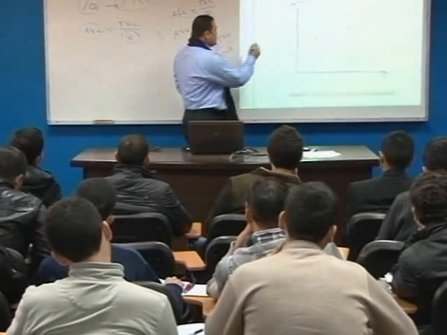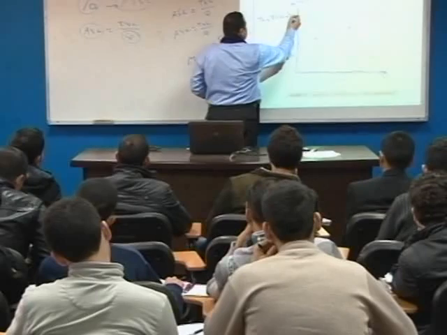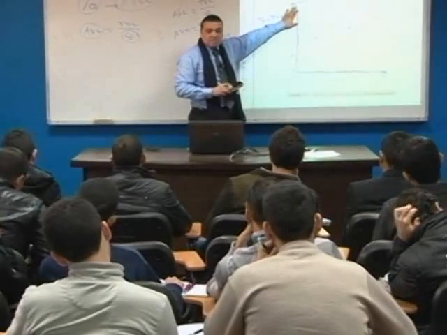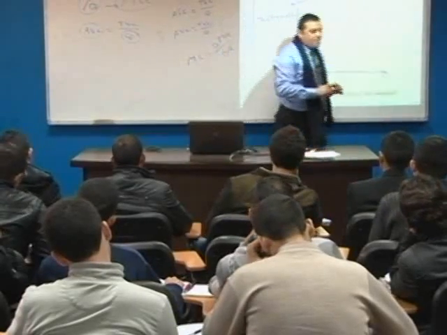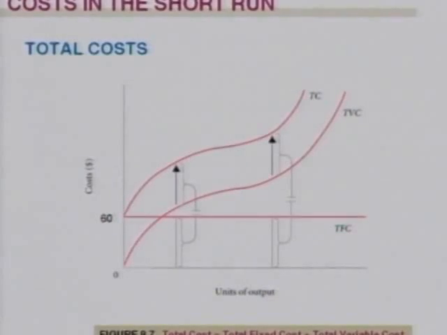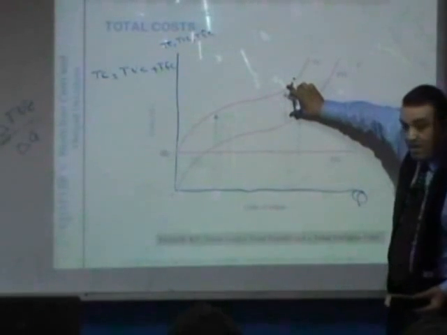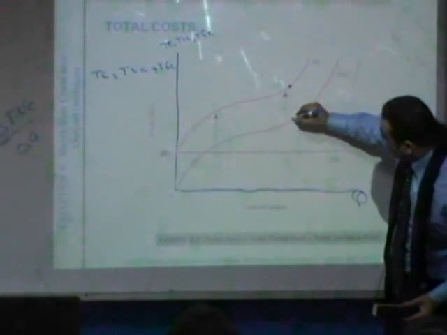Because TC equals TVC plus TFC, right? And TFC is constant, so they have the same slope. What about the difference between TC and TVC here? Excellent. Yes, it's the distance from this point to this point,